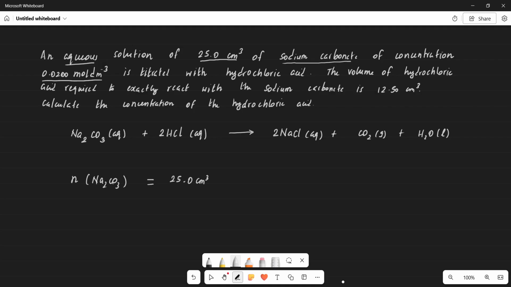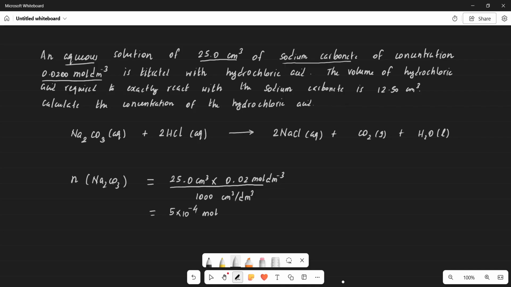25.0 centimeter cube, that is the volume. Concentration is 0.02. The volume is in centimeter cube, so I need to convert it into decimeter cube. So divided by 1000, because 1000 centimeter cube per decimeter cube. So you will get the number of moles. So how much it will be? 25 multiplied by 0.02 divided by 1000, which is equal to 5 into 10 to the power negative 4